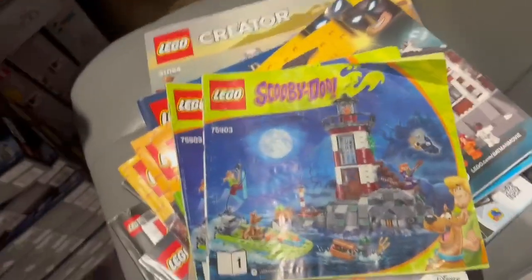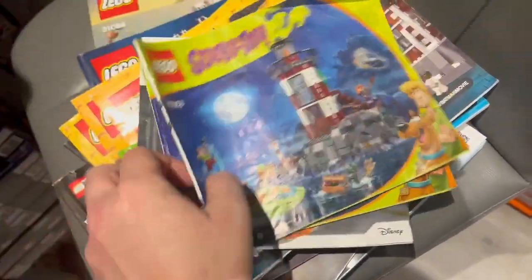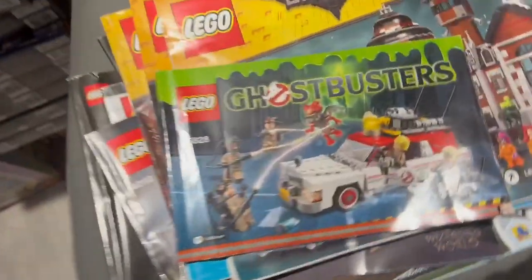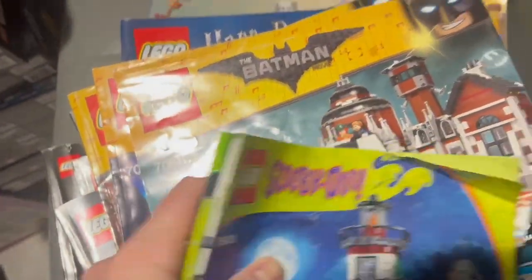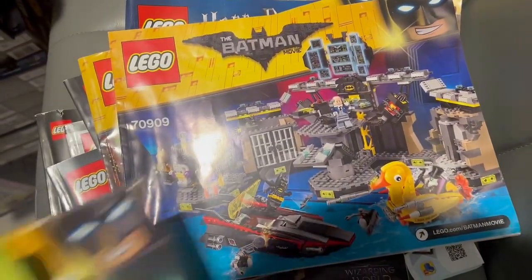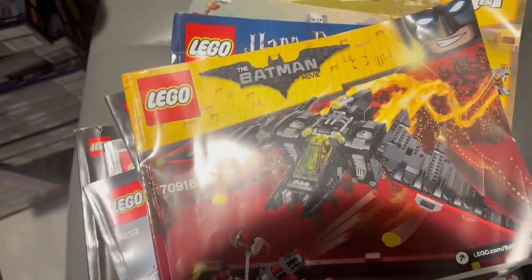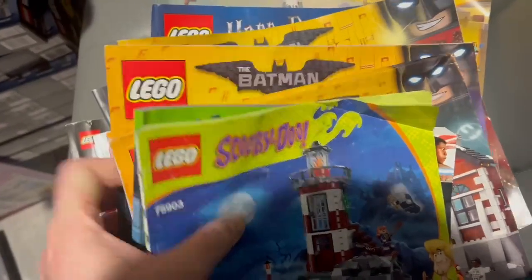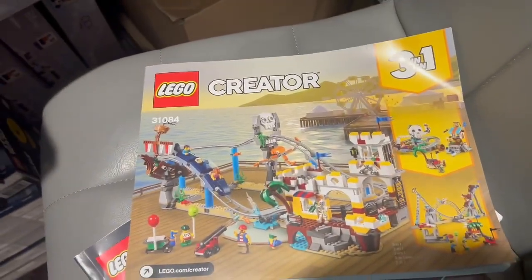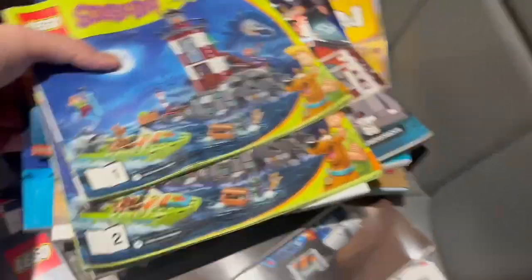I've pulled out, condition's not brilliant on that, Scooby-Doo Lighthouse, BB-8, Ghostbusters, got a few from Batman movie, got Arkham Asylum, I don't know what that one's called, and another one from Batman movie. We've got Hogwarts Express, Creator 3-in-1, is it Pirate Roller Coaster, and then the rest of the ones that have the QR codes on